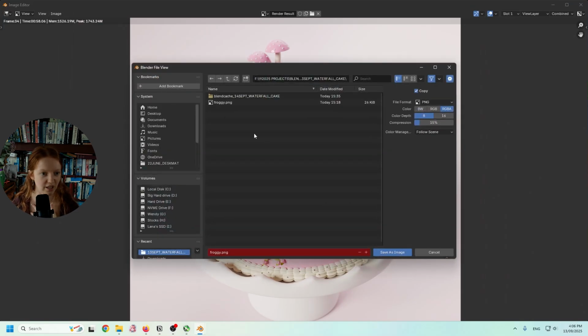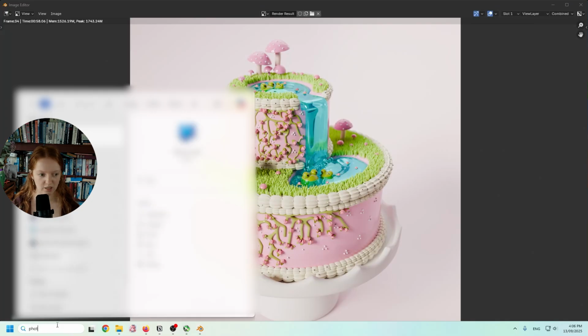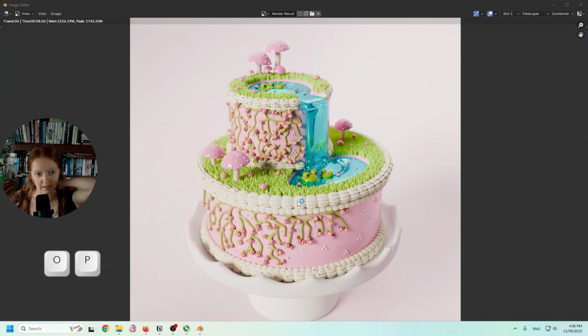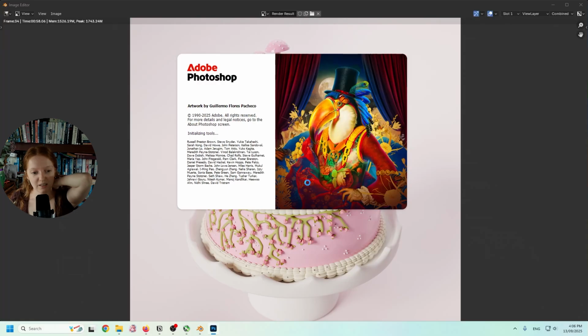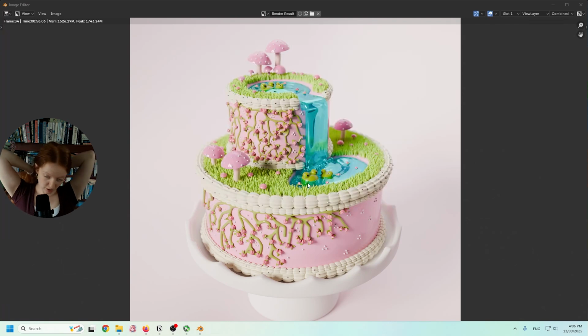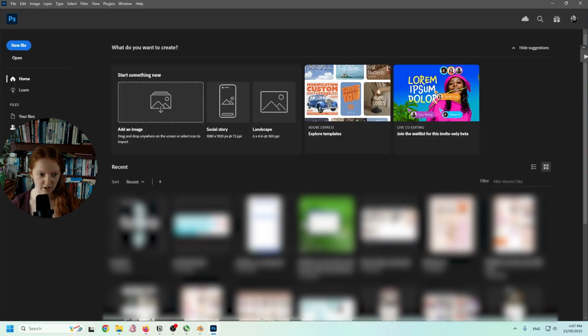So let's go save as, and then we'll go cake 1. And this is for if you have Photoshop. I like to go in and edit things a little bit and make sure things are looking how I want them to look. But Photoshop is a really expensive tool. Even for students, it's really expensive, which I think is a shame. But there are other options for photo editing. But if we're going through the whole shebang,